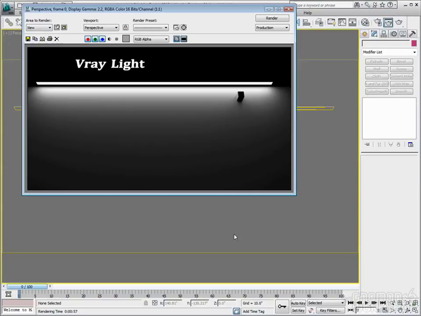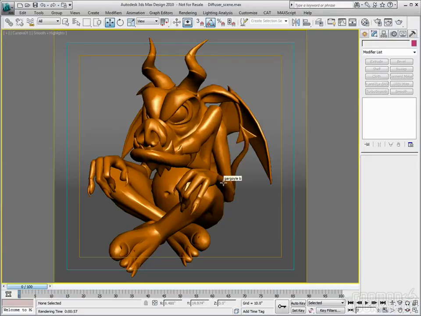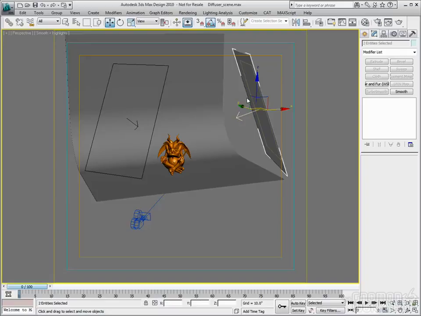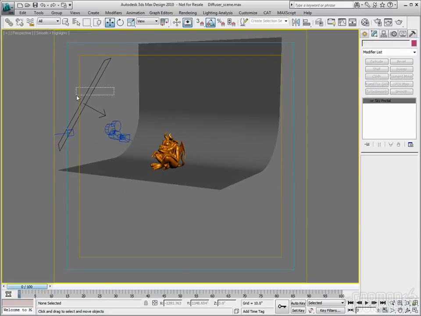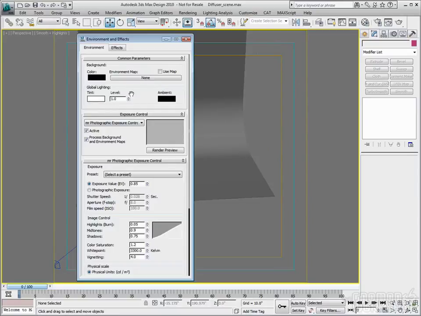In order to see how this looks, I of course need to turn on hardware shading. Okay. So you can see an obvious color difference here. If I pull up the exposure control settings, I have my Kelvin on the exposure control set up for whatever that was, 3200. You can see how changing this changes the look or the color of the exposure control. I'm just going to set that to 35, and if I match this with the light color here,